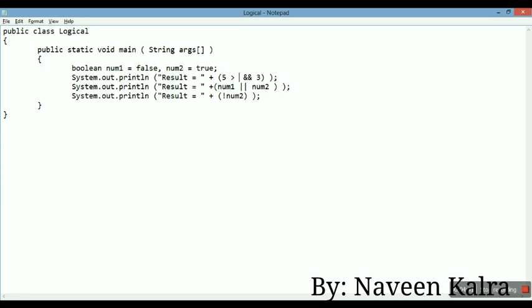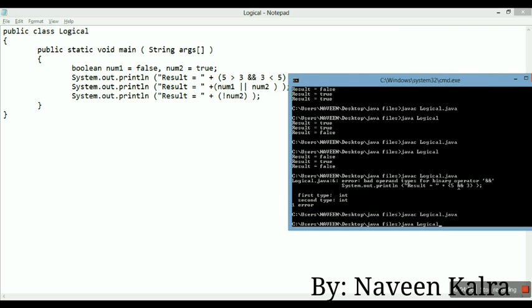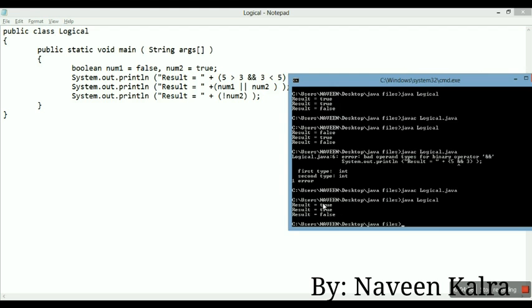But if I write a condition over here that 5 is greater than 3, now this will result in true, and if I write here 3 is less than 5, now this will also result in true. Now I'll save it and recompile it. See, there is no error in the program, and I'll run it. See, the answer is true because